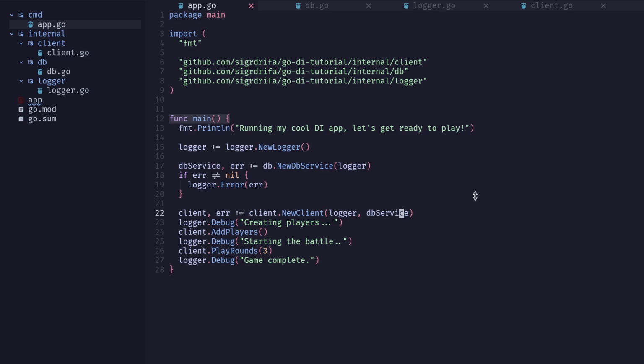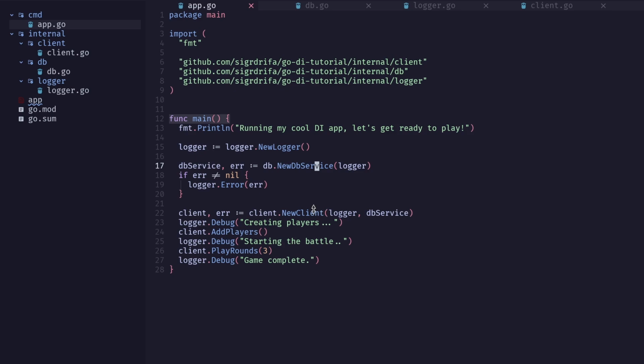And likewise, the real power of dependency injection comes from the fact that you can separate things out. So by saying we're treating a logger separately, and we're treating a DB service, like this could be a real database ORM or a real database connection, but by creating them separately, we can keep them as different puzzle pieces inside our application.